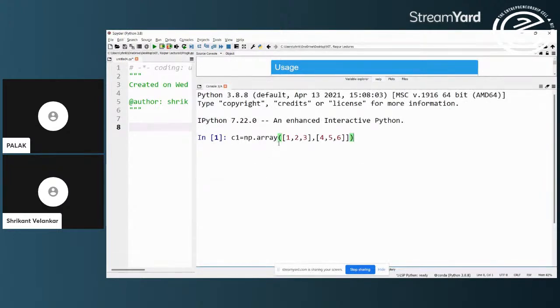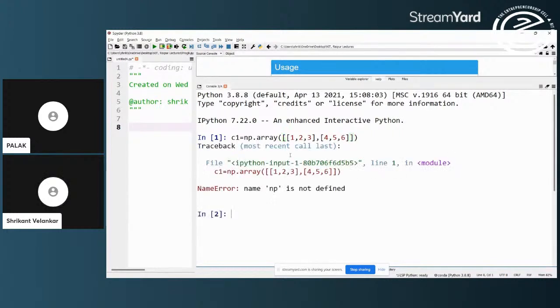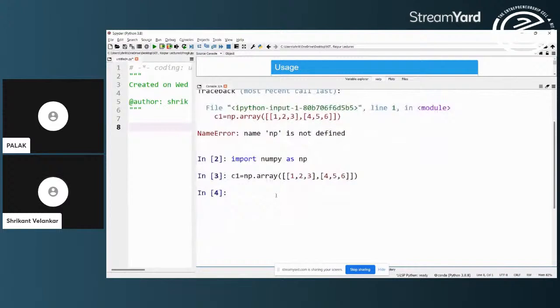Okay. I missed one square bracket here. You know what has happened? Because I have a fresh kernel instance, NumPy is not loaded. So I need to do that. I will say import NumPy as np, and now I will create it. It will be successful. The module should be loaded when I start using the module, or an object inside the module should be loaded when I start using that object. Okay, which is very standard.